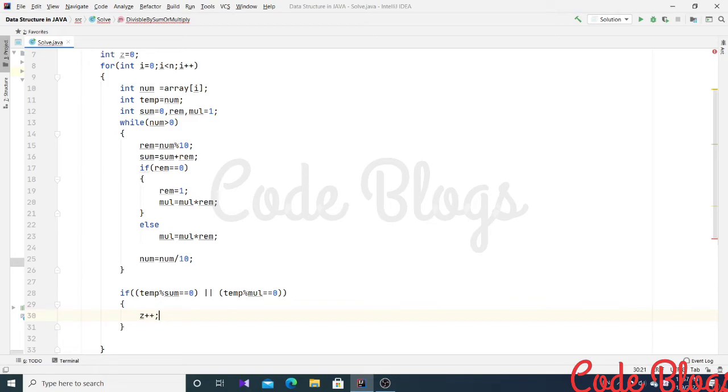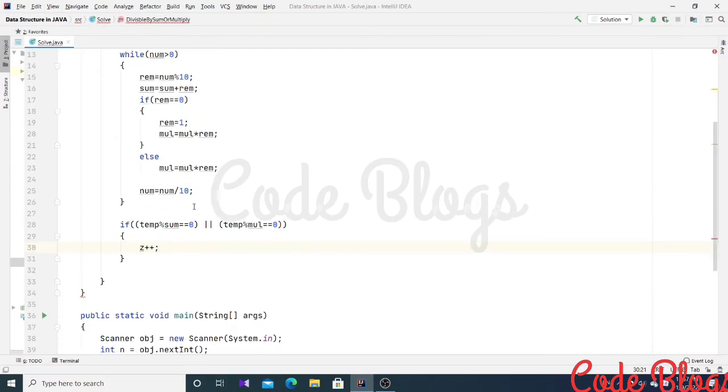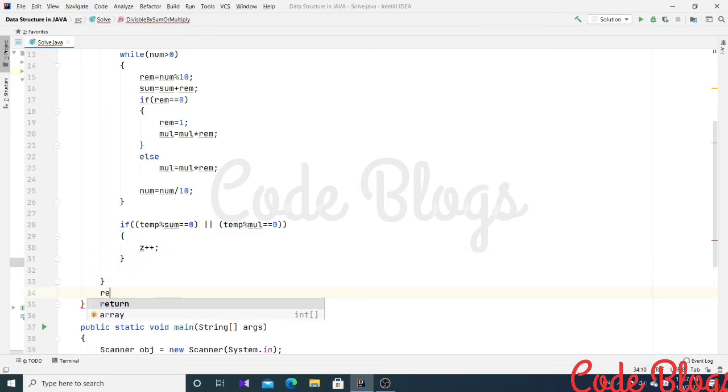That means the number is divisible by sum, then the z will be increased, or if the number is divisible by multiplication of the digits, then the z will be 1 more. After that I have to return the z. After this for loop, I have to return z.